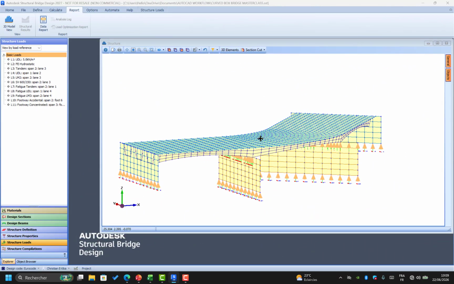Welcome to this new session, a series of masterclass about Autodesk Robot Structural design, especially for the composite cover box girder bridge. So for this session, I'll show we have already finished creating the beam,